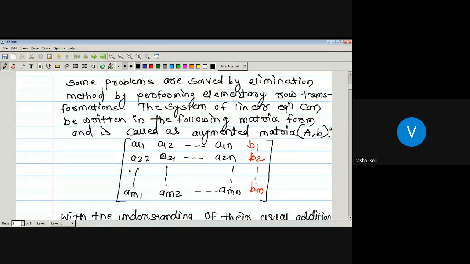That is, this one is nothing but a11 x1 plus a12 x2 plus up to so on a1n xn, and we have to give the equality sign before the b values. This will be the values of matrix B here. So here we just have to give the equality sign before the values of this B only. Okay, so from this one we will get our required system of linear equations. Now first we will see the consistency for this type of system of linear equations, by using the augmented matrix method, and then we will take some examples.